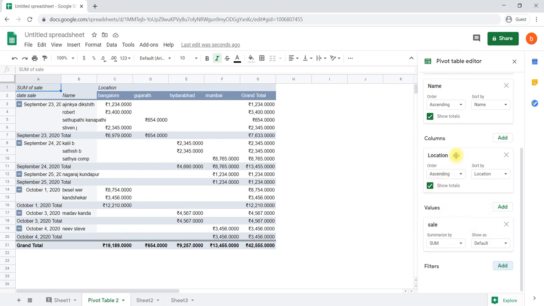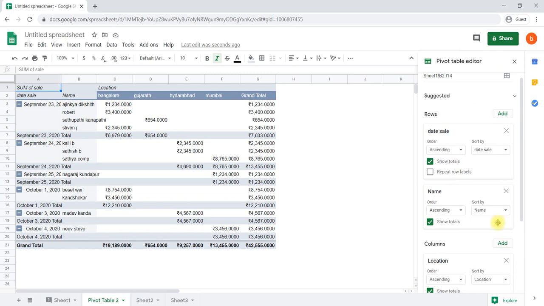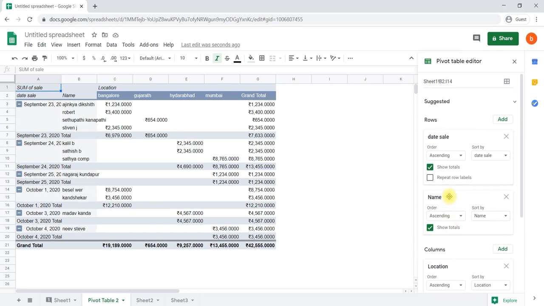You can close those particular fields in a pivot table. This is about inserting a pivot table, and a small analysis we have shown for the created data. One more thing is the slicer. We will show you how to add a slicer to the pivot table in the next video.